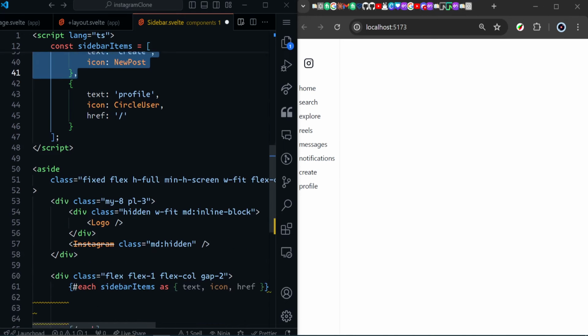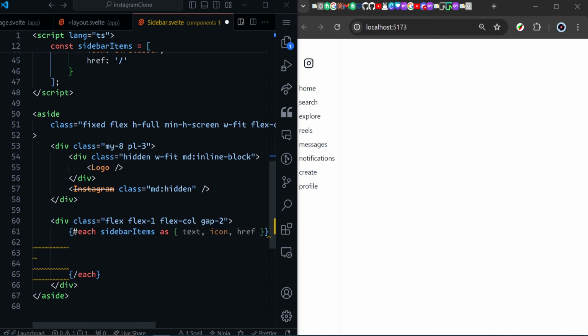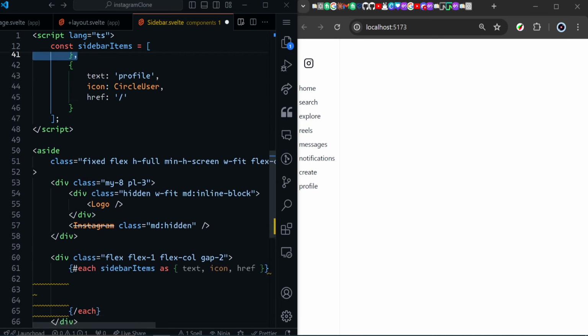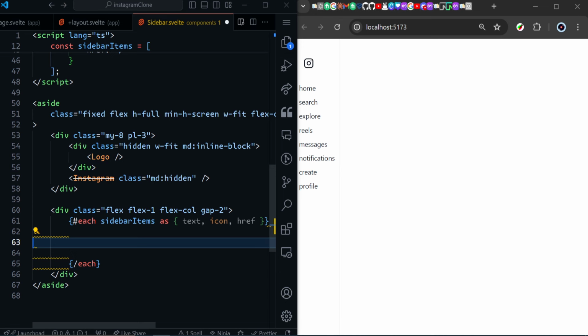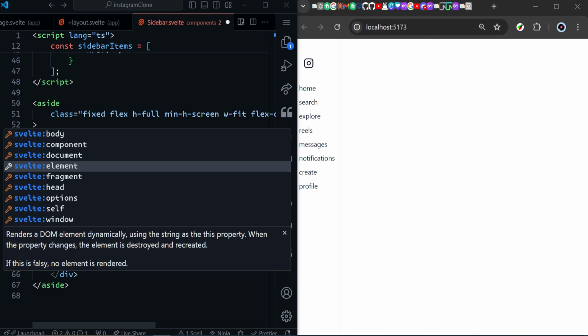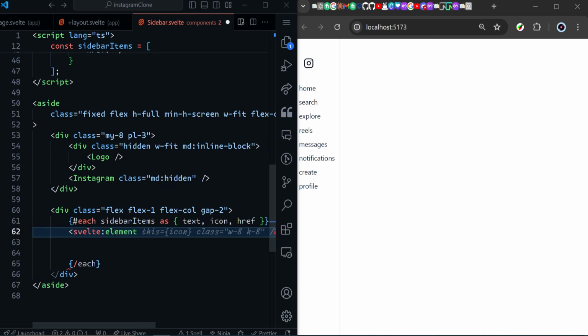So what you would probably want to do is create each of these individually and give them what they want. You can't just iterate over this list, because they have pretty different functionalities. But in Svelte, it's actually very easy to create this. So I'll show you a very smart way to go about this. What I'm going to use is the svelte:element. This is a special Svelte tag. Use the svelte:element, and in here we can tell it what element this would be